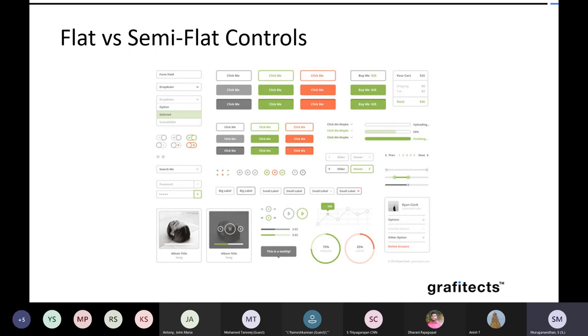If you put everything in a flat control, there will be confusion about whether that control is clickable or not, whether we need to type some input or not, or whether we are selecting it or not. These kinds of confusions will come to the user. So if you are overusing flat controls, in that case we can use some semi-flat controls